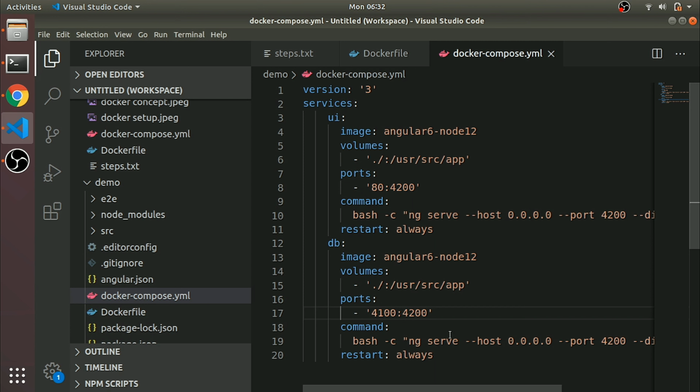In this tutorial we learned how to create a Docker Compose file. We did this with Docker run earlier, so the same thing we created here, but instead of a single container we created multiple. And we also showed how to run an Angular application inside a Docker container using a Docker Compose file.